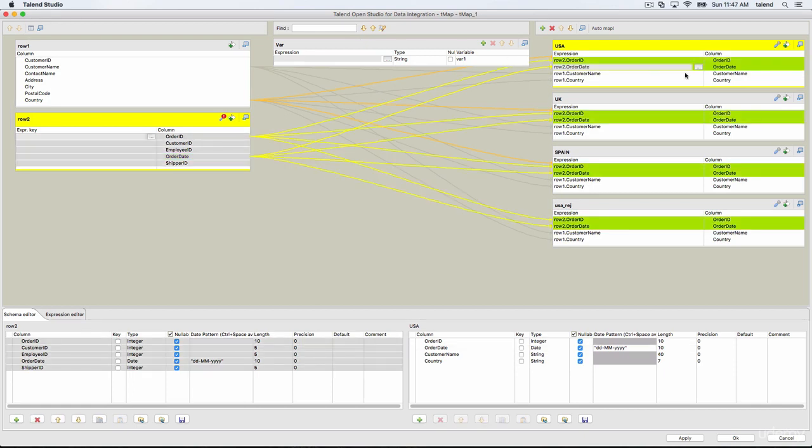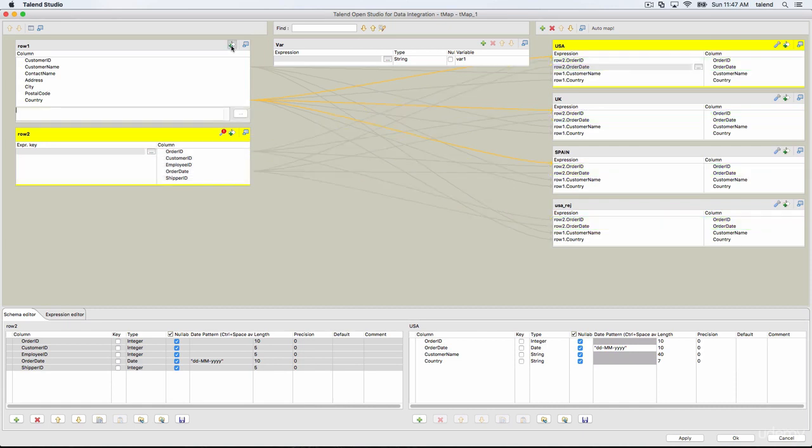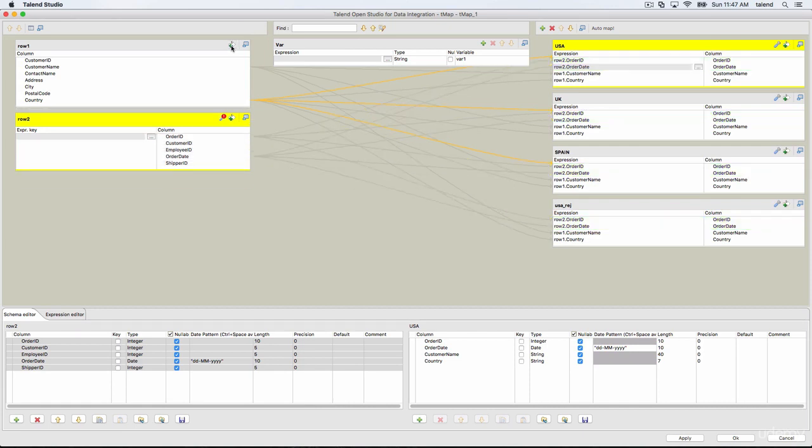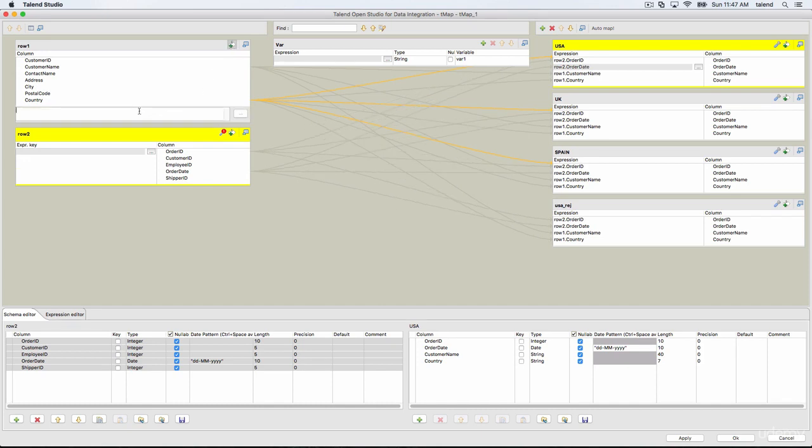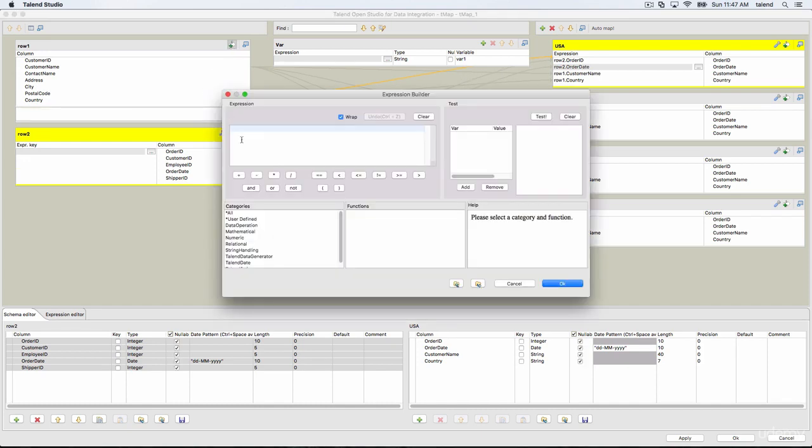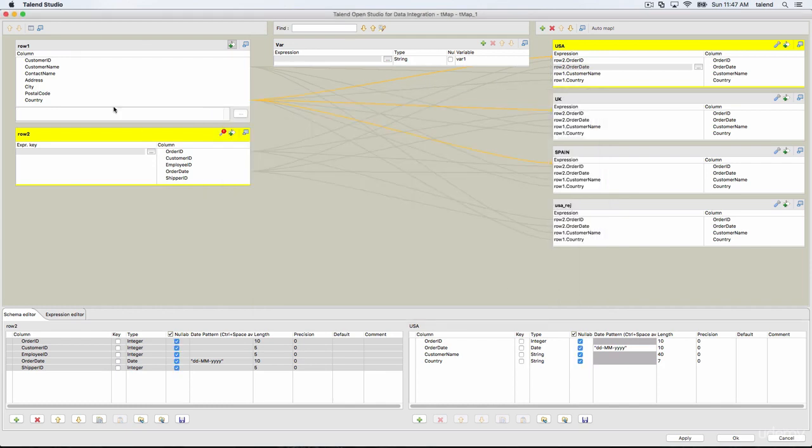Since we saw the main parts, let's go into each thing. You have this plus button. So what is this plus button? It's a filter. When you click on that, you can filter your input data based on a function. You can use the expression builder in here, or you can just type it if you are sure what you are doing. So you can constrain or filter your input data by mentioning this.